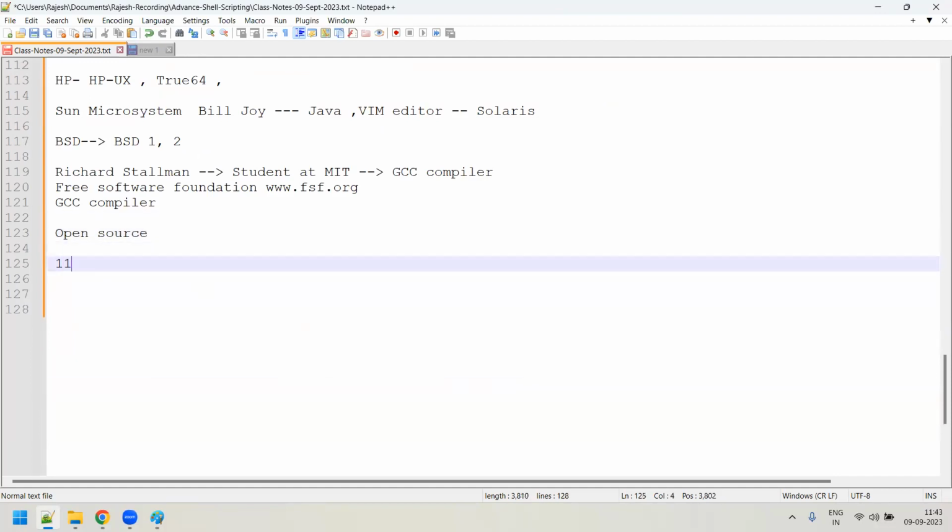In 1991, a person by name Linus Benedict Torvalds, or just directly say Linus Torvalds. Okay, Linus Benedict Torvalds. He was a student from Finland.